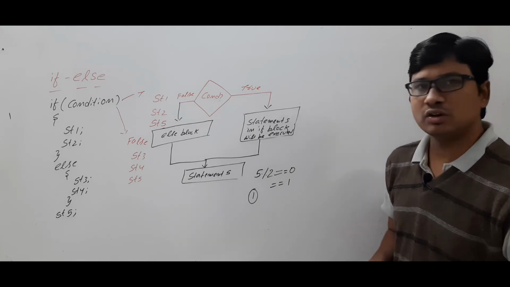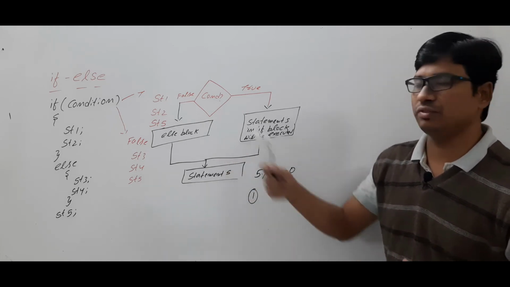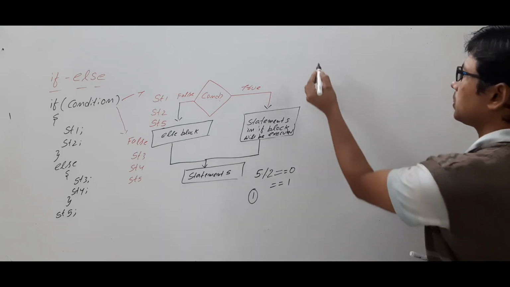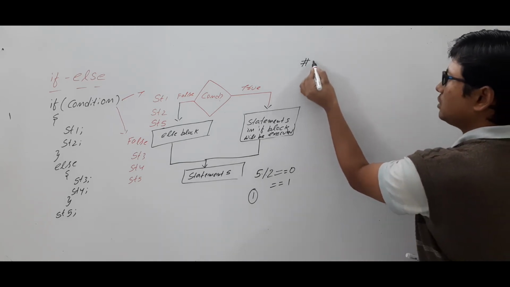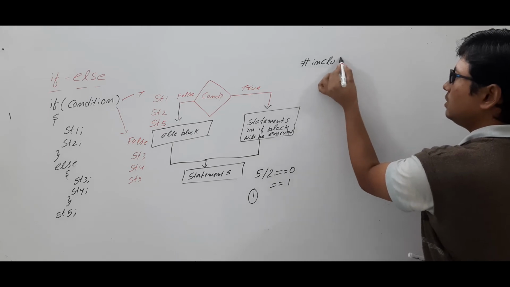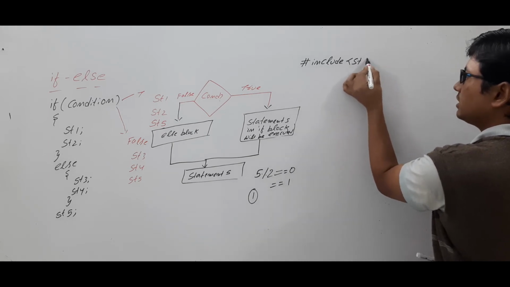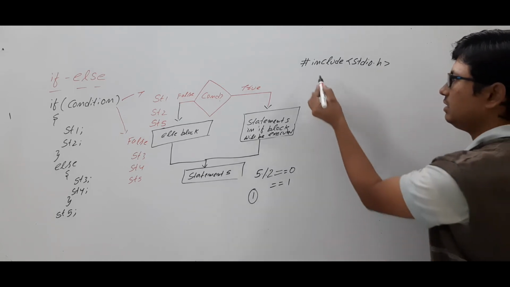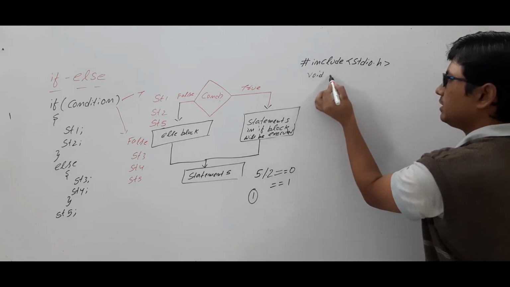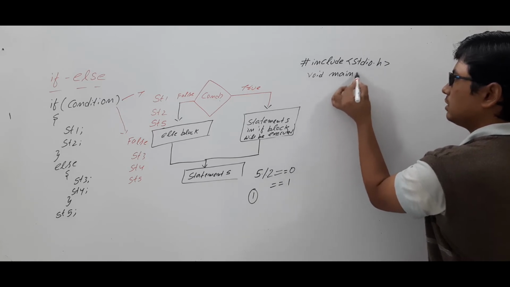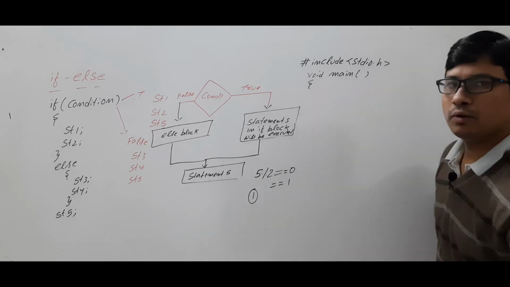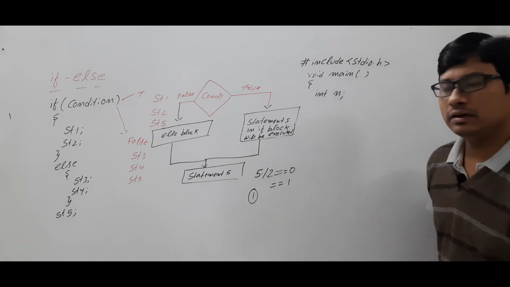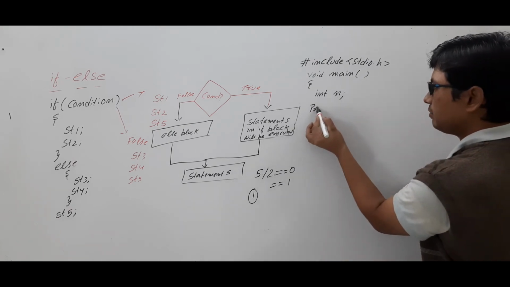So if you know this logic and if you know the syntax of if else, easily you can write the program. Now let me write the program. I will have #include <stdio.h>, which is a standard input output header file. I will use a void main. Now I will take a number. Let's take that I'm taking int n. Okay. Printf,